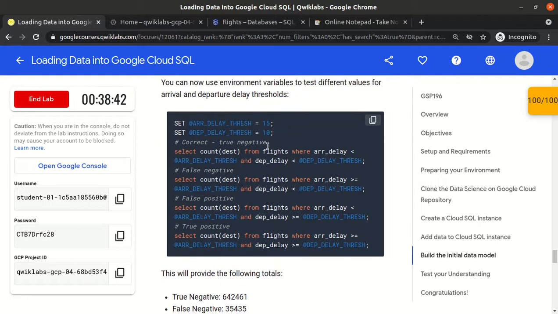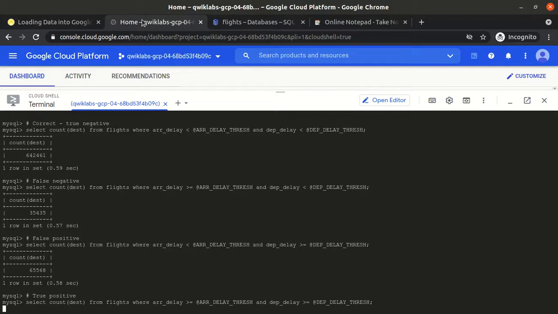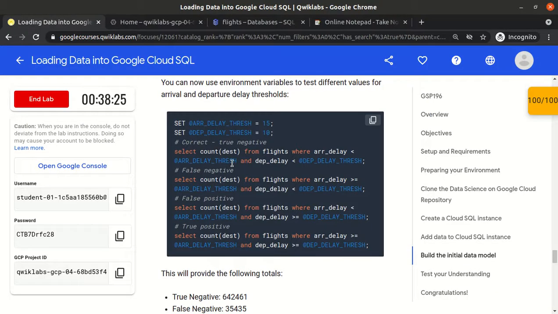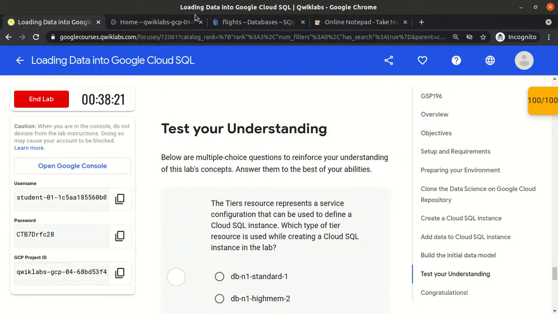In this command, rather than writing in the where clause that departure delay is less than 10 or 20, we are using a variable name. So we are setting the variable and issuing those commands and using the variable name in the where clause. Yeah, that's it, and we can exit it.